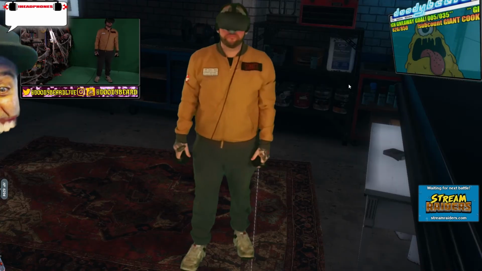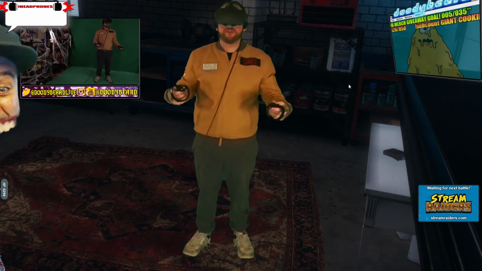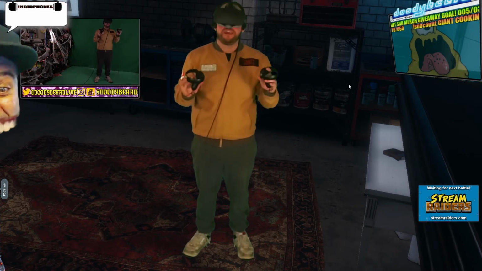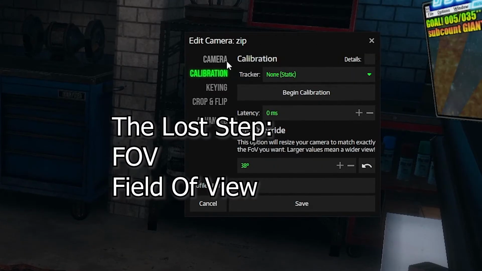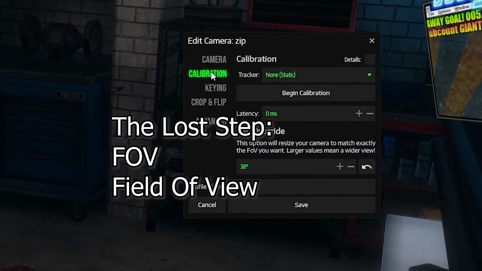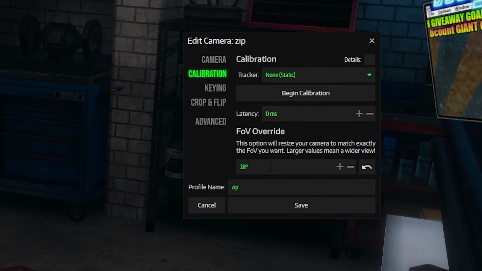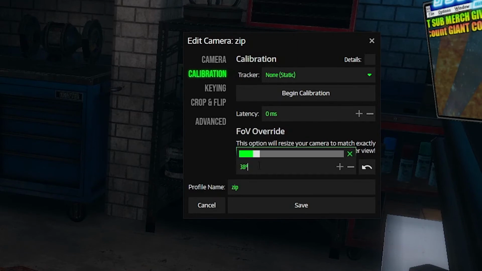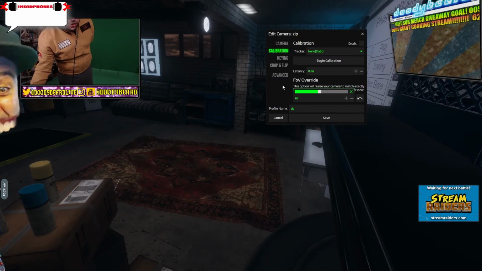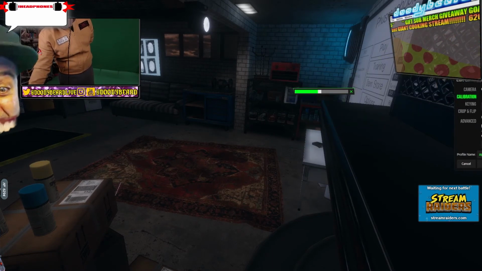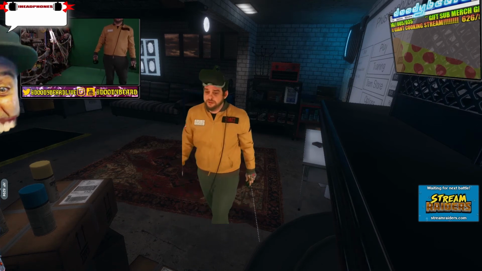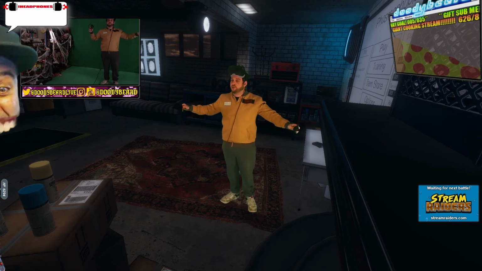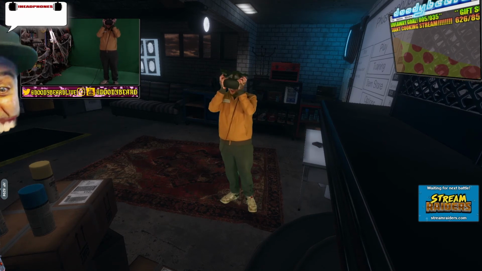Welcome back. Now here you are in the game. It's super rad, but check this out. There's something even cooler that you can do to add even more depth to your stream. Once you're in the game or out of the game, go ahead to the Calibration tab that you see up here. You're going to go down to the FOV override. I think 38 is the default. I put it down for the video, but when you put it up to 69, check out what happens. The game widens out, and you have way more room to show your stream, to show your friends, for your YouTube videos,